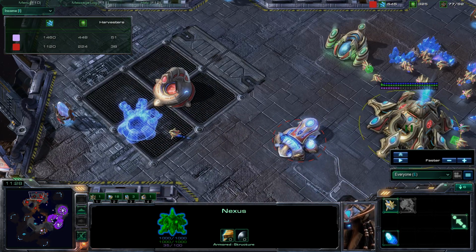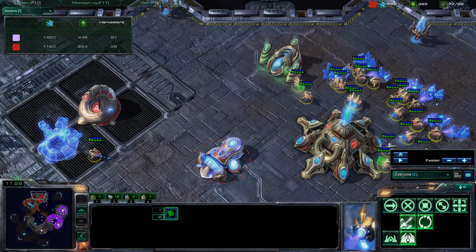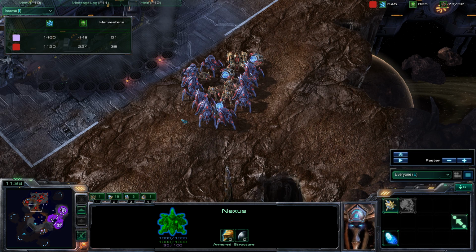Oh, no probes at this nexus. No probes at this nexus. And oversaturated. Well, not oversaturated, but saturated in the main and not nearly saturated over here. So he needs to transfer a bunch more probes over here to even out that mining, and needs to be making probes at these nexi because